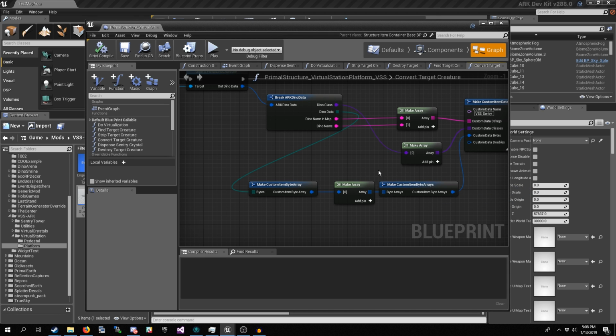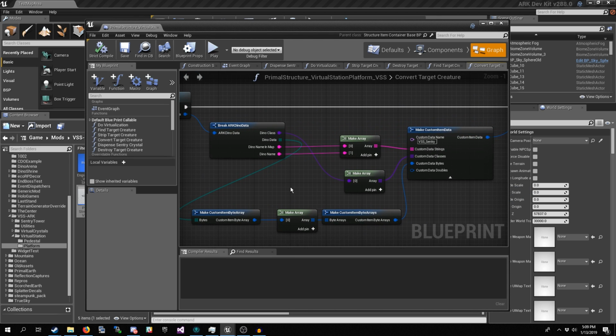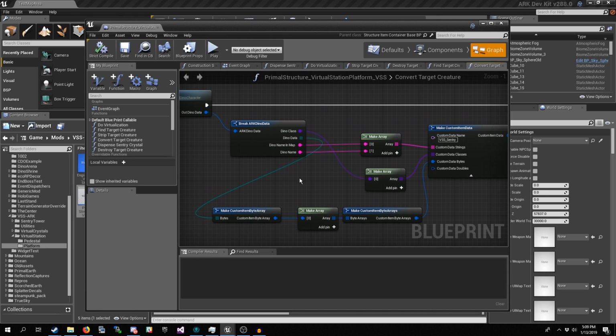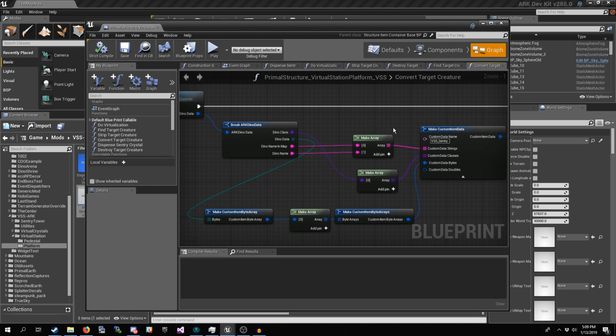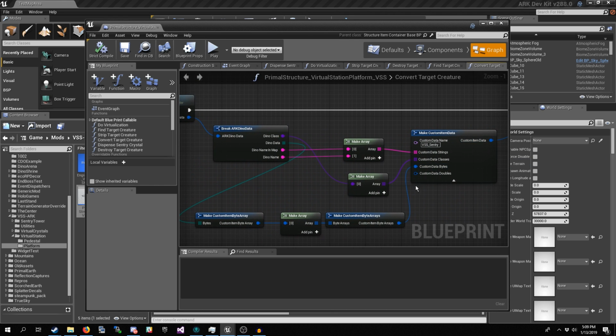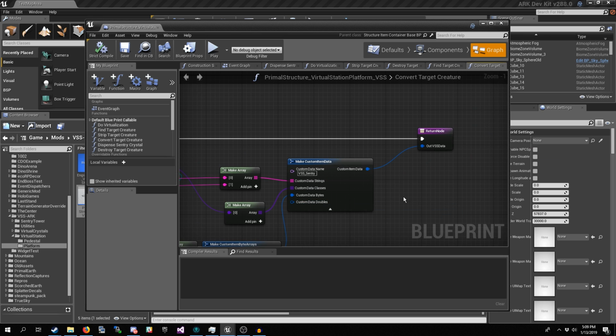Basically, you can store several arrays in here if you want to. We only have need for one, but that's why it goes into one struct, and then as an element in the second struct that goes into an element of this struct. So it seems kind of convoluted, but it does give us a lot of ability to store pretty much however much data from creatures or other items into these custom item data structs.